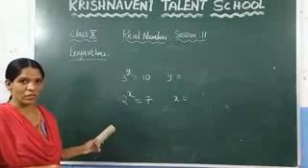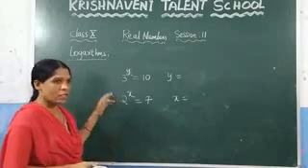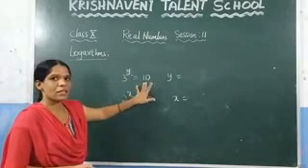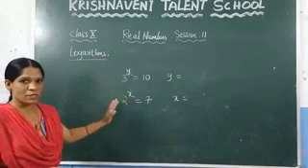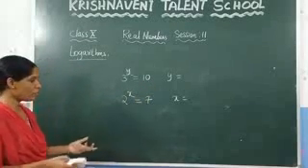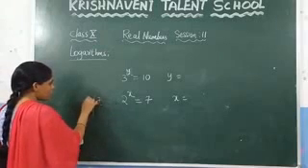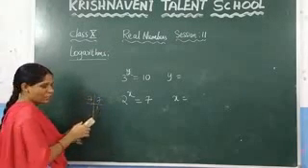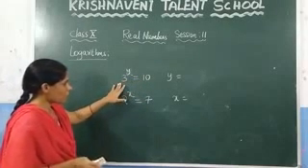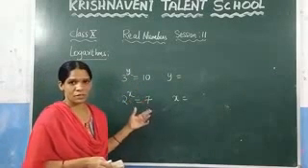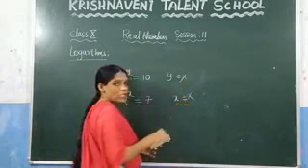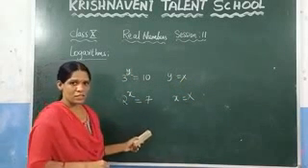If you want to find the value of x and y, what is our step? You need to express this 7 in the base of 2, and express this 10 in the base of 3. For that, you need to find the factors of 7 and 10. You know that 7 is 7 times 1, and the factor is 7. And 10 you cannot express with the base 3, right? So we cannot find the value of y and we cannot find the value of x if you are given a condition like this.